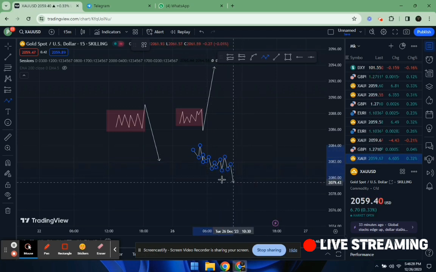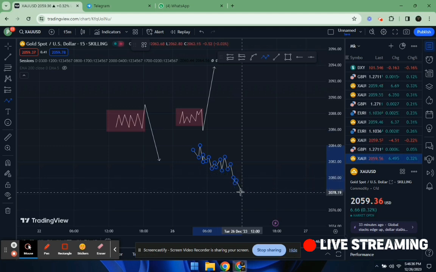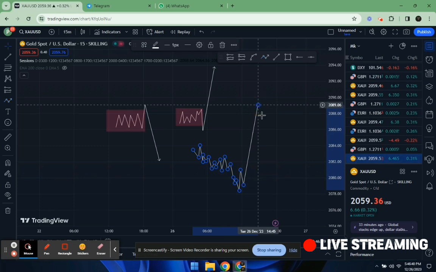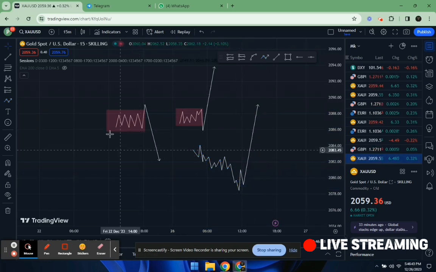So you have to scale down to the 1 minute, look for something like a change of character, and then enter the pullback. So this strategy, guys, is actually very easy and can make you lots of cash. It doesn't happen every day, but I can assure you this happens at least 3 times in a week. So 3 times in a week you can catch all this. So let's get into